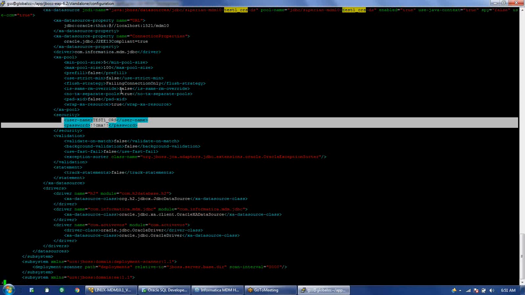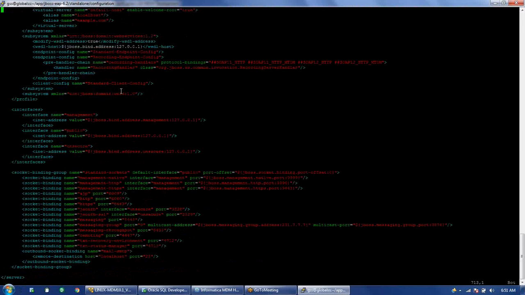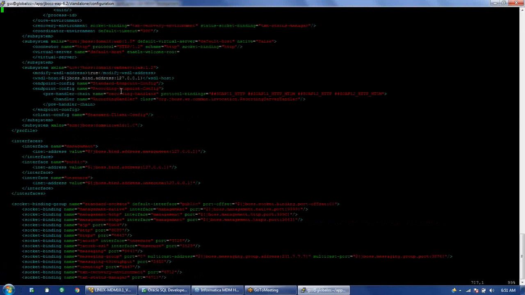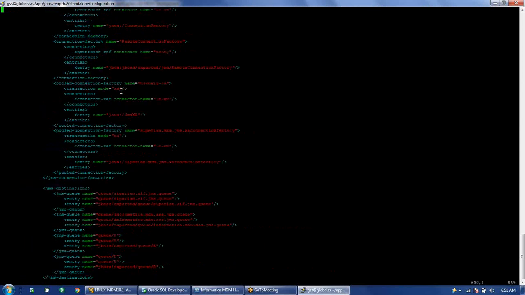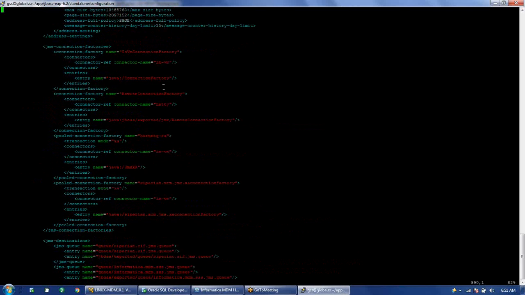In the same file, if we go to the end, there is a tag which is JMS connection factories. This is the starting tag and this is the ending tag down here. Between these tags there are a lot of default connection factories available.